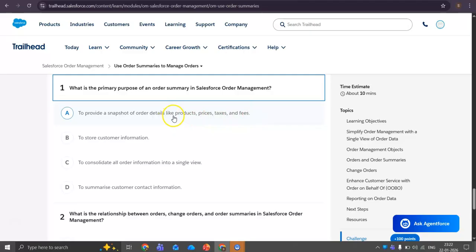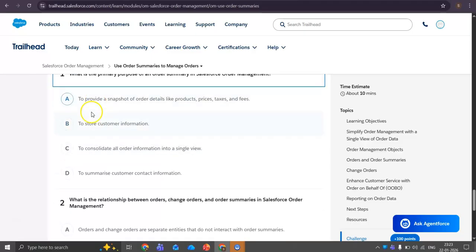It will provide the snapshot of these details, but I think this is not the right answer, because apart from this it will also give some more details. We'll see if the next three options are not suitable, then this will be the right answer.